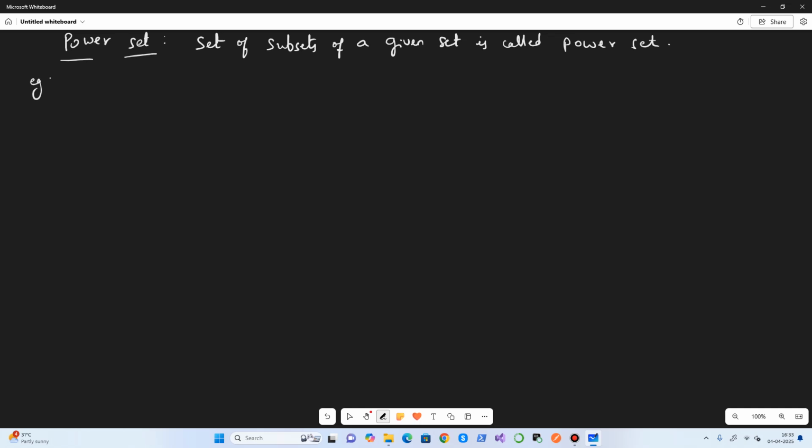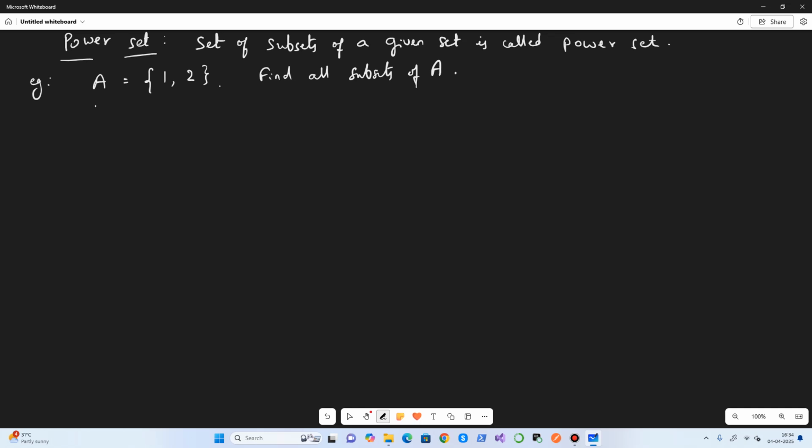For example, suppose A is given as {1, 2}. Now what we have to find is all the subsets of A. First find all subsets of A. We know that the null set is a subset of any set, right?